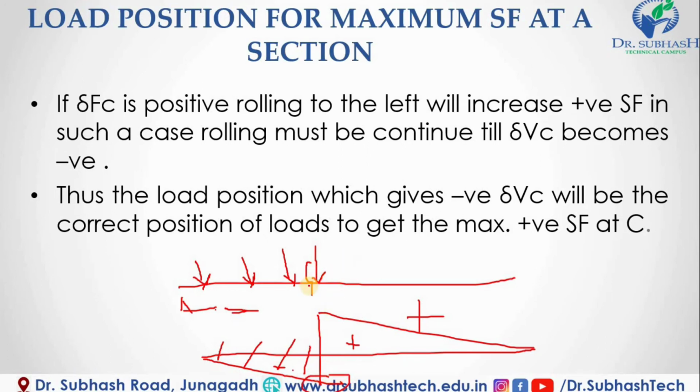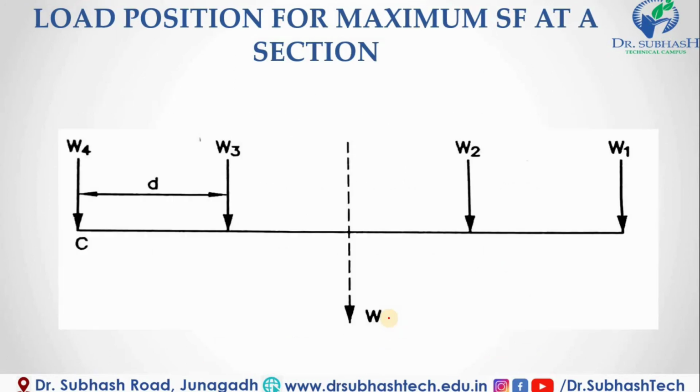And for the same arrangement, we can cut the section, then this force should be moved to the right hand side of C, then it will create the maximum shear force. But how? Positive, because this is the effect of RA. That should be done while several point loads are given. So the same arrangement should be done. After C, on the left hand side should be W1 when we find the maximum negative. Now we find the maximum positive value. So our W4 should be in the part of W4, and C to B means the right hand side of the beam.